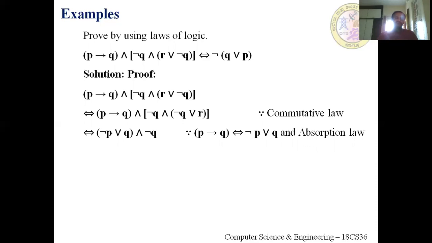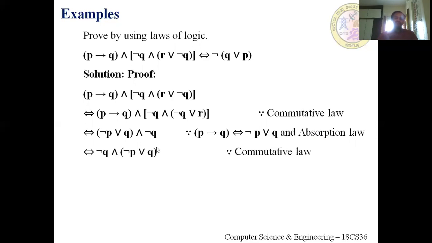Next step, here in the next step, I have simultaneously applied two laws. This rule is very, very important. We know that P implies Q is logically equivalent to negation of P or Q. This way, instead of P implies Q, I have written here negation of P or Q. Simultaneously applied one more law, that is P and P or Q is logically equal to P itself. Here instead of P, we are going to have negation of Q. Negation of Q and negation of P or Q is equivalent to negation of Q as per the absorption law. Absorption law states that P and P or Q is logically equivalent to P. That's why wherever P is there, replace it by negation of Q.